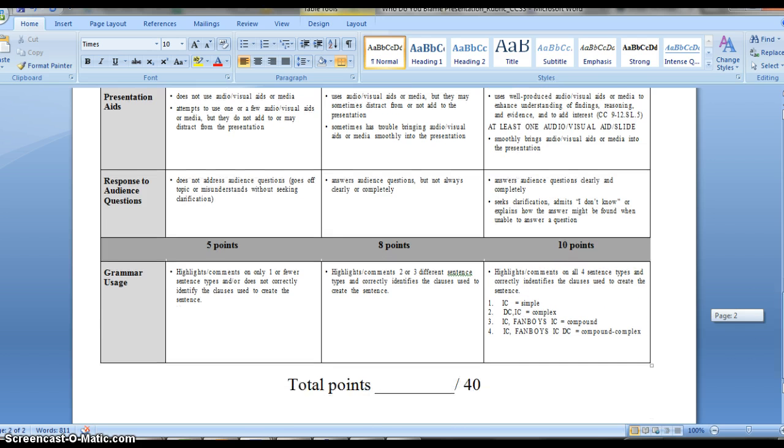And within your presentation, there will once again be a grammar portion, just like you did in your essay, and you will have to highlight and comment the 4 sentence types again. And same as the essay, you'll have to have an IC, which is a simple sentence. You'll have to have a complex sentence, which is DC, comma, IC, or you can do IC-DC. IC, comma, FANBOYS, IC, which is compound, and IC, comma, FANBOYS, IC-DC, which is compound, and then the DC makes it complex. So these are worth a little more. This is 10 points. If you are missing some of that, you get 8 points, and then 5 points if you only have one sentence type